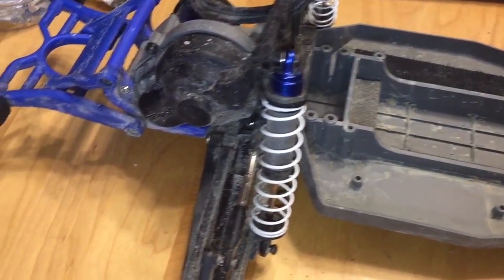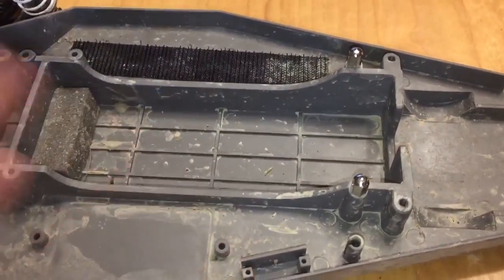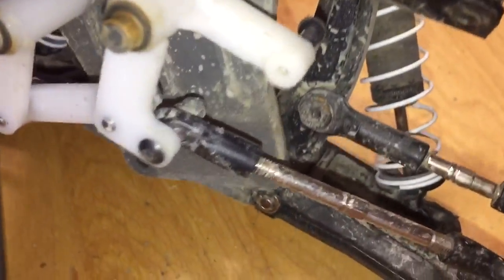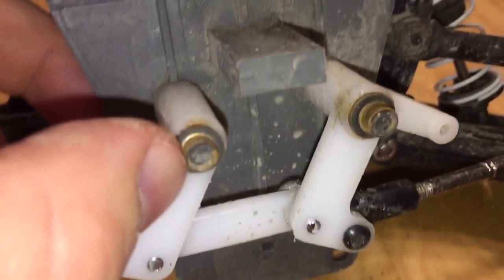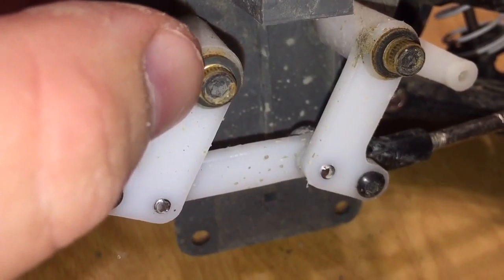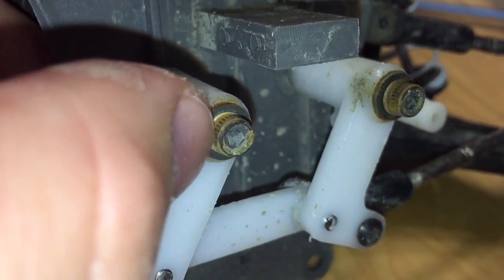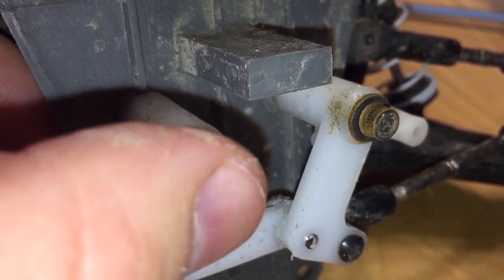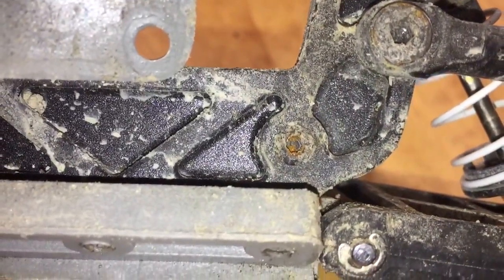Alright, guys, this is another little update here. As you guys can see, I have the Rustler apart. Well, some of it's apart anyways. Have it down to the bare chassis here. Excuse me. Here's the front end, and here's a perfect example of what I was talking about with water. As you guys can see here, just by a little bit of water, it's already giving some of the screws a little bit of a rust look. As you guys can see there,